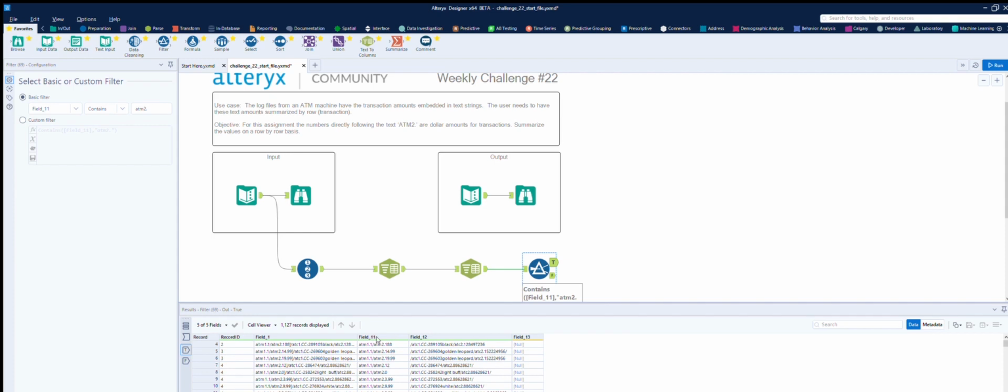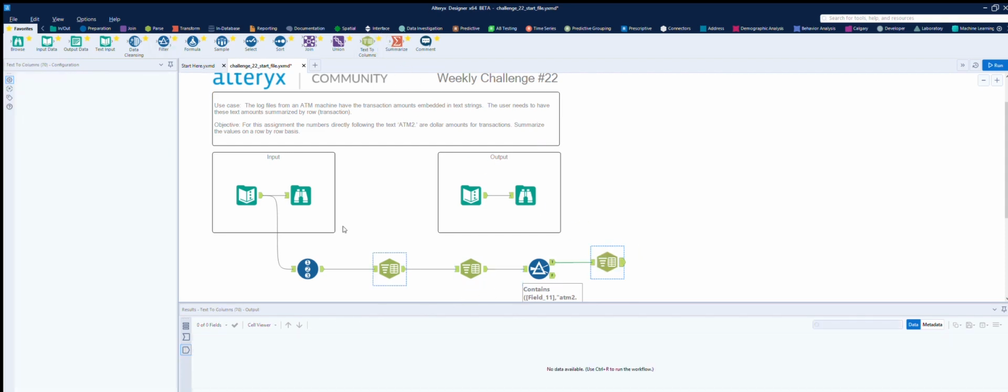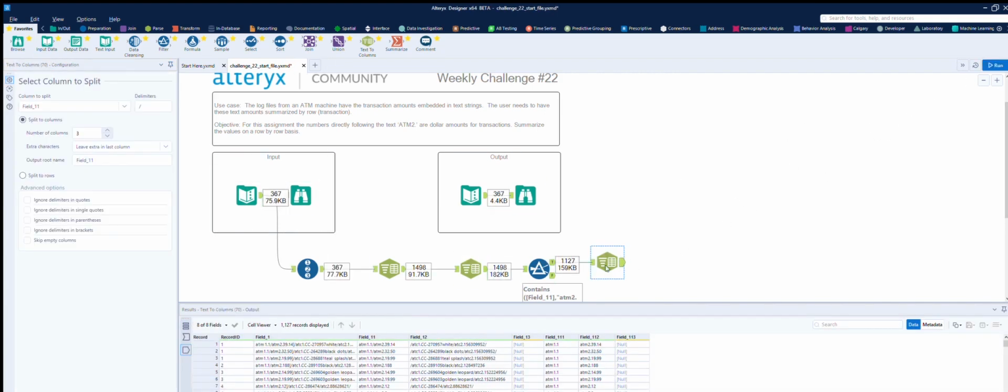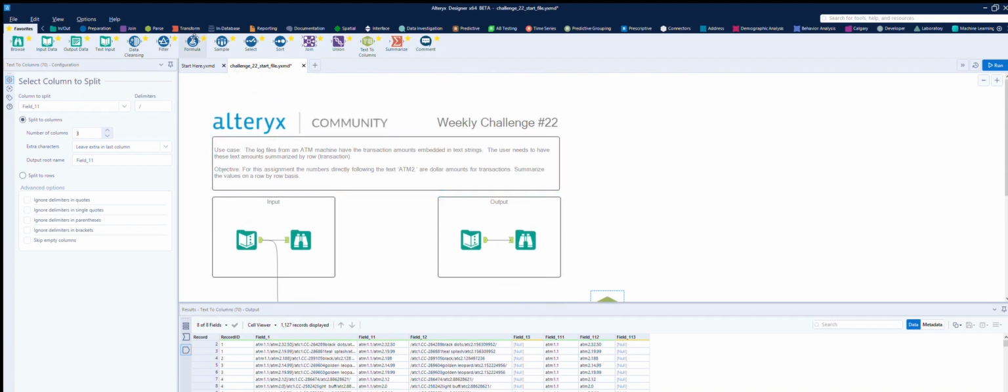Now, how do we do that? We could split it again on the slash. That would then just give us the ATM2, and then do a find and replace because we've got this ATM2.2 and 2.1, making it a little bit painful. So another. And we want to switch it to this field, and then we can leave that, and then run. Okay, then we're left with over here this field 112, which has the amounts, and then we can just do